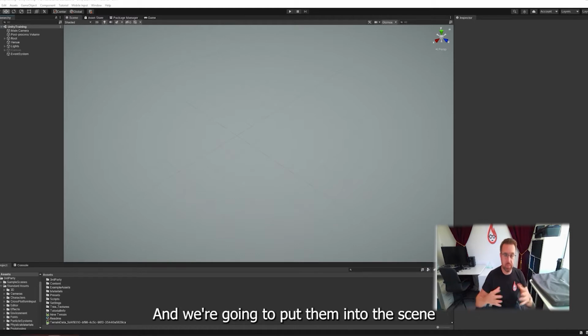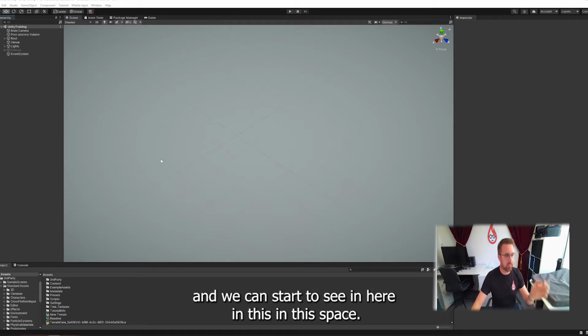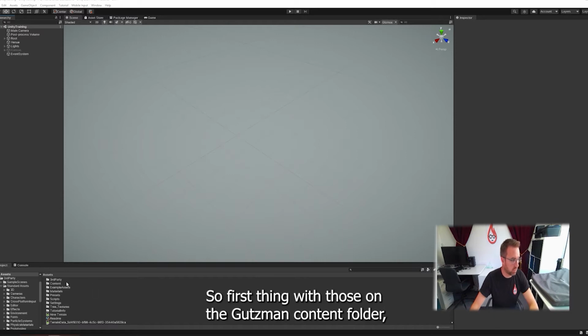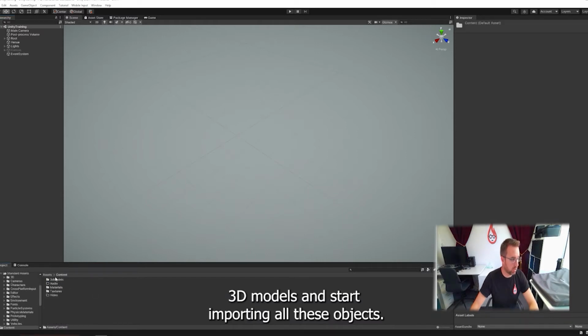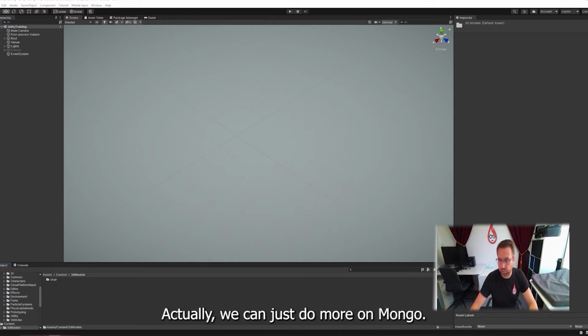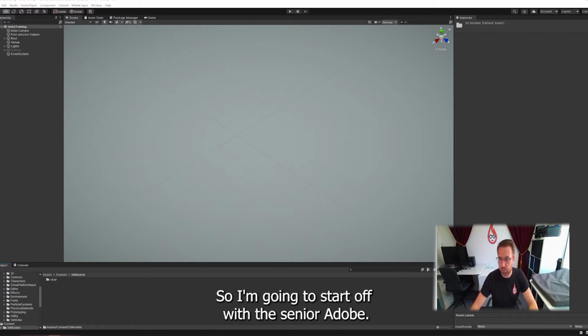And we're going to put them into the scene and we can start to see them in here in this space. So first thing I'm going to do is I'm going to go to my content folder, 3D models. I'm going to start importing all these objects. Now I'll just do one just to start with, and then I'll show you actually we can just do them all in one go. So I'm going to start off with proscenium. There we are. So the proscenium,